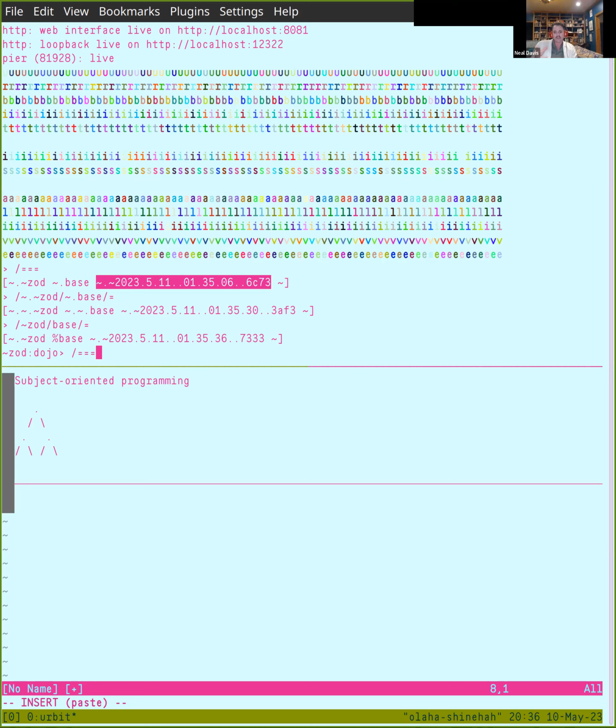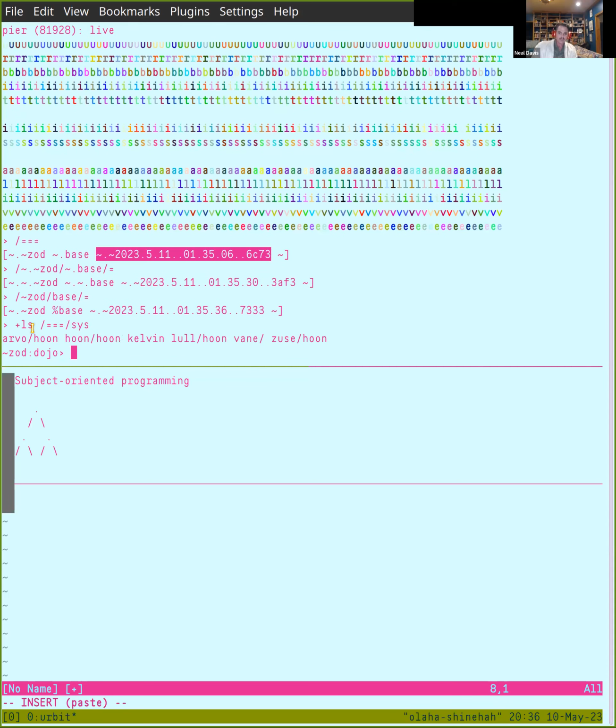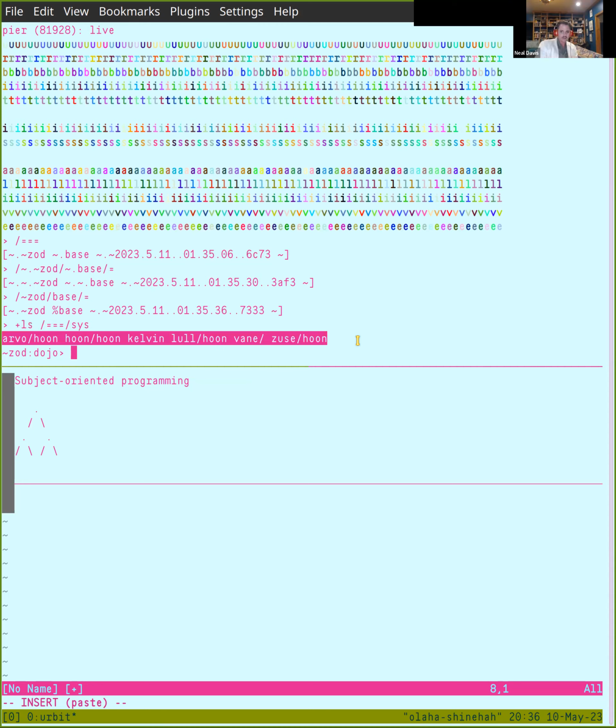So there's actually a lot of interesting things you can do with Clay, which is the Urbit file system. But for right now, we just need to be able to look at a particular directory inside of it. So we're going to use the ls generator and run |ls on /sys. So we see here that there are, I guess this list is 5 files, which is kind of interesting because of that Kelvin, but we'll elide that